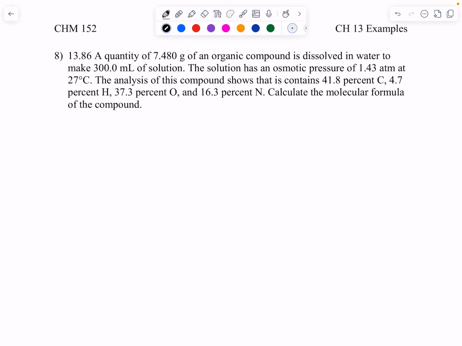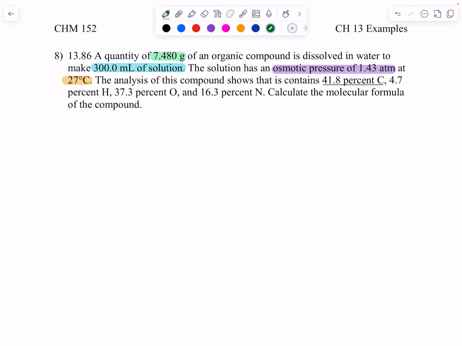Number 8: 7.480 grams of an organic compound is dissolved in water to make 300 milliliters of solution. The solution has an osmotic pressure at 27 degrees Celsius of, oh wow, we have